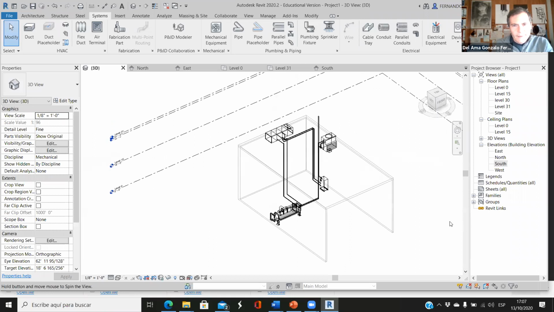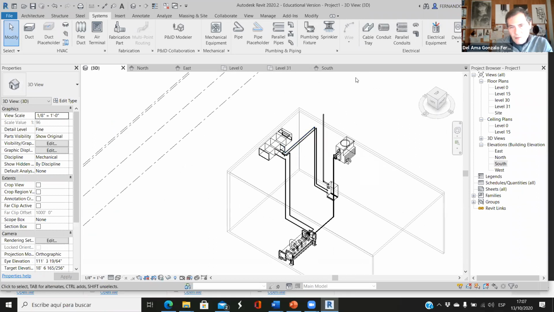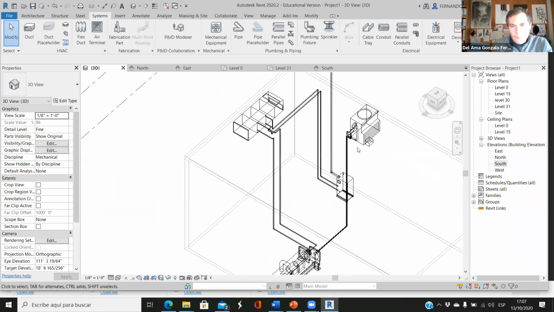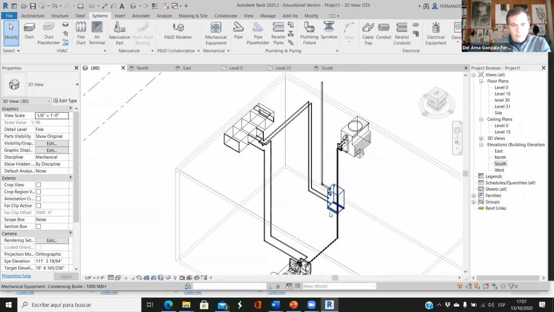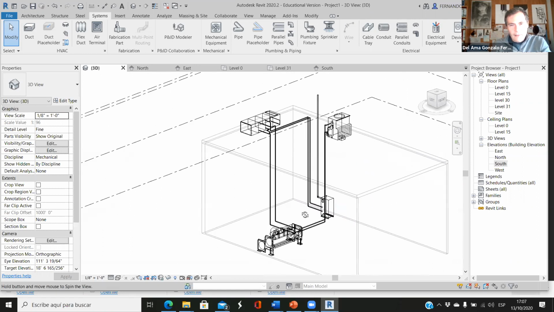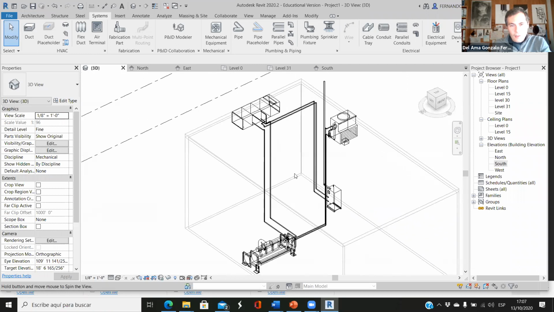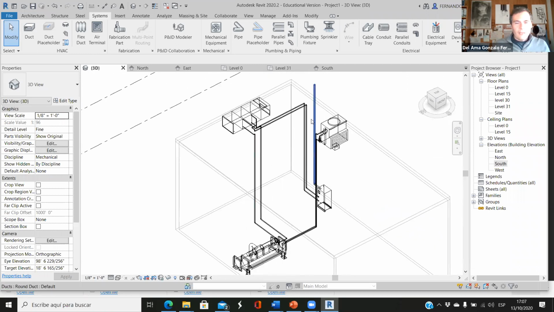Okay. So is this a masterpiece? Well, it's not. But at least everything is connected to the right thing. But this is not acceptable. If we're designing something like that and we show this 3D model to the plumber, maybe we are proud of ourselves. Oh, this is my first piping system in Revit. But professionally, this is not acceptable